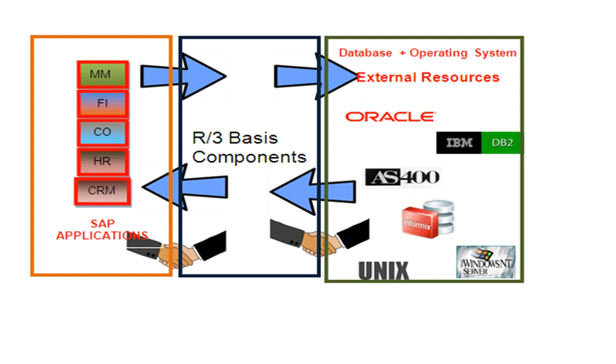Okay, so these are the things, three aspects. One is your modules, another is your middle one, where Basis people work for the communication, and the third part is your database and operating system. So the database and operating system with users, all these connections and security, everything is undertaken by the Basis persons. Okay,